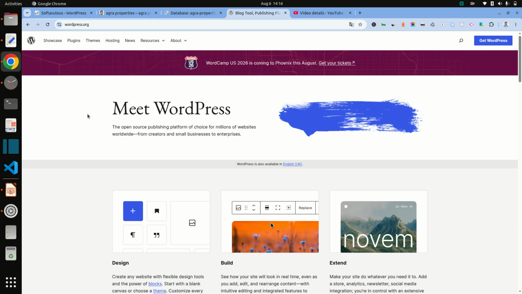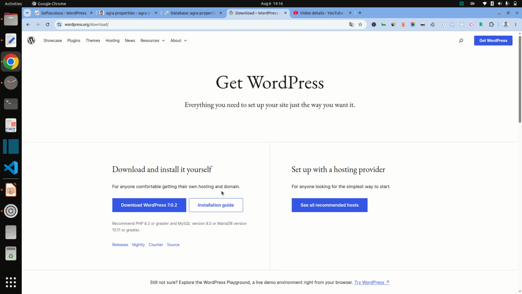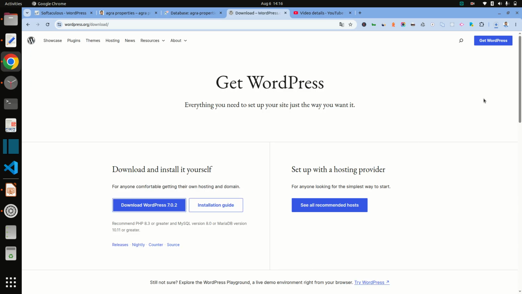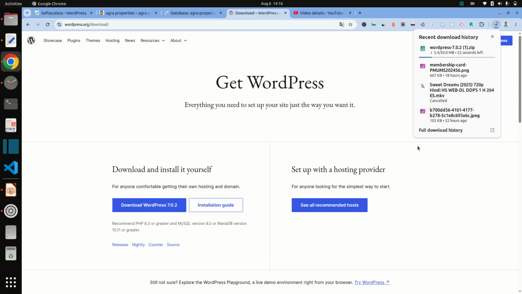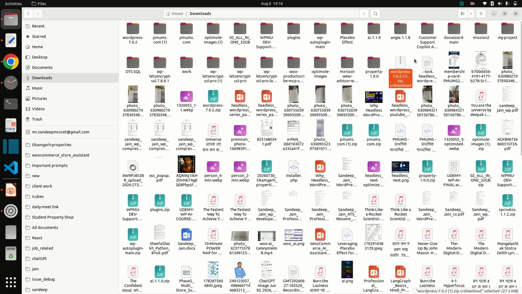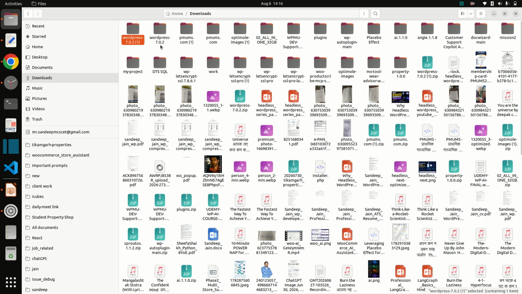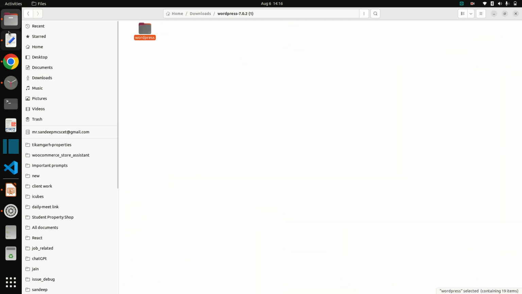Now let's go to wordpress.org and click on Get WordPress, then download. The download starts, and once it is downloaded, extract it here. Change the name to the project name which you want.